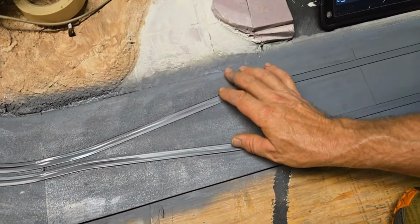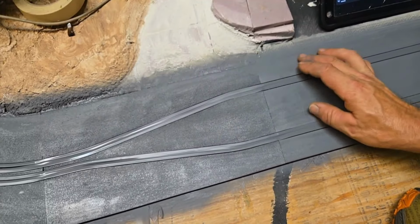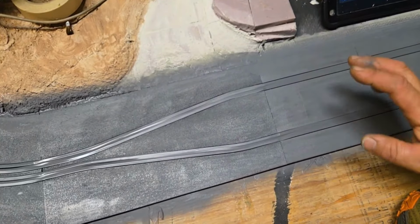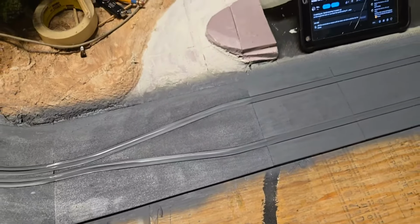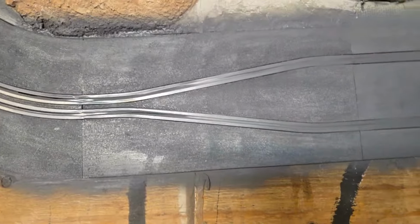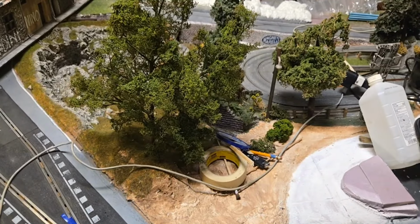And I'm kind of looking at it. Yeah. And one of the other things with body filler and stuff like that, you can sand it out where it's really smooth, or you can go ahead and leave it a little bit rough, which gives it